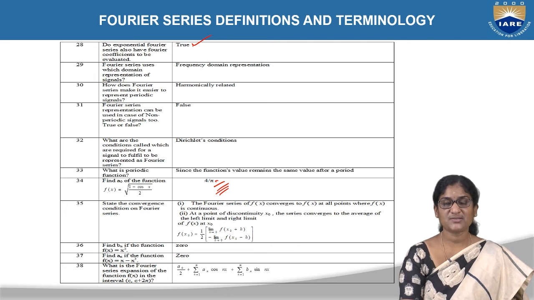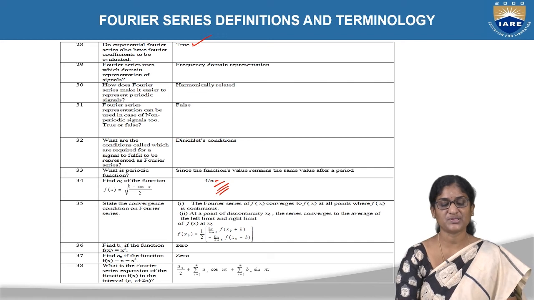The Fourier series of f of x converges to f of x at all the points where f of x is continuous. For every continuous function, it always converges. At a point of discontinuity x naught,